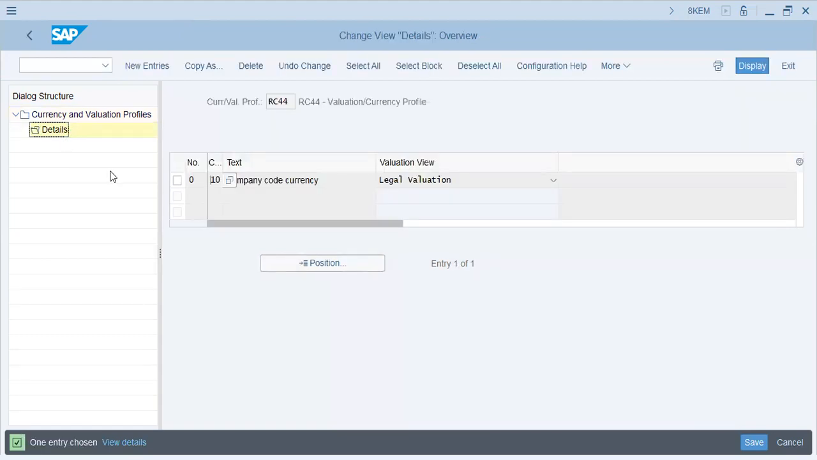Details. Company code currency, that will be legal valuation. There are three types of valuation: group valuation, profit center valuation. Legal valuation is what is shown and updated in financial statements. Group valuation is for group of companies, and profit center valuation when you have profit centers based on that. So in effect,